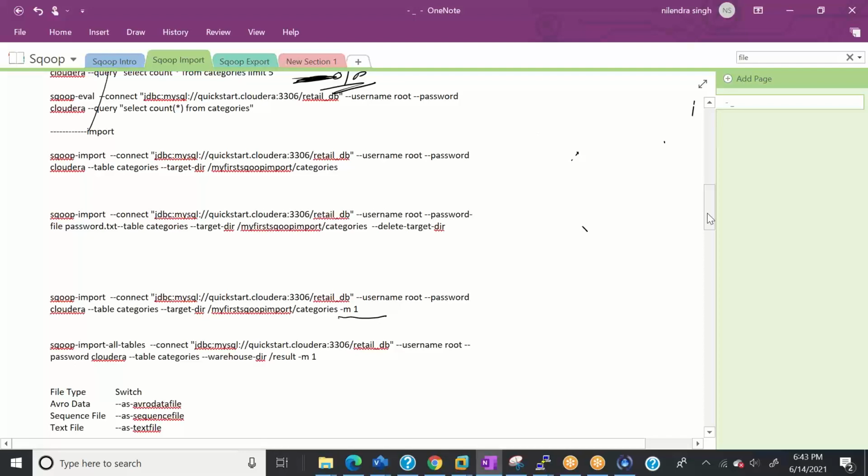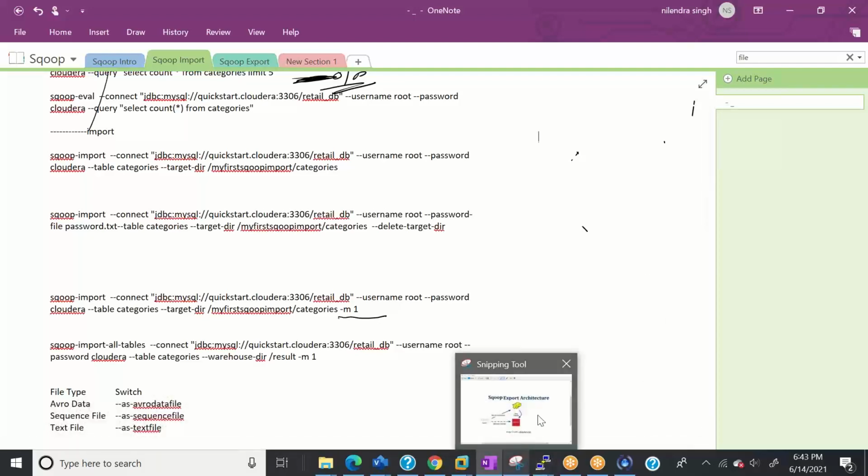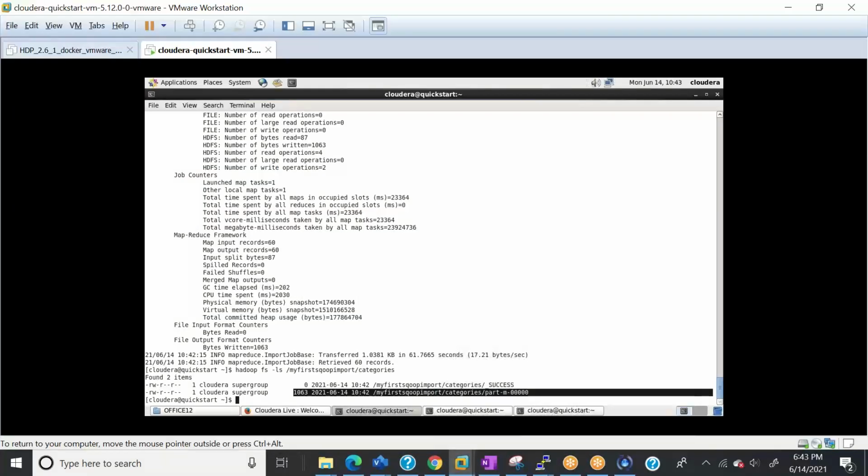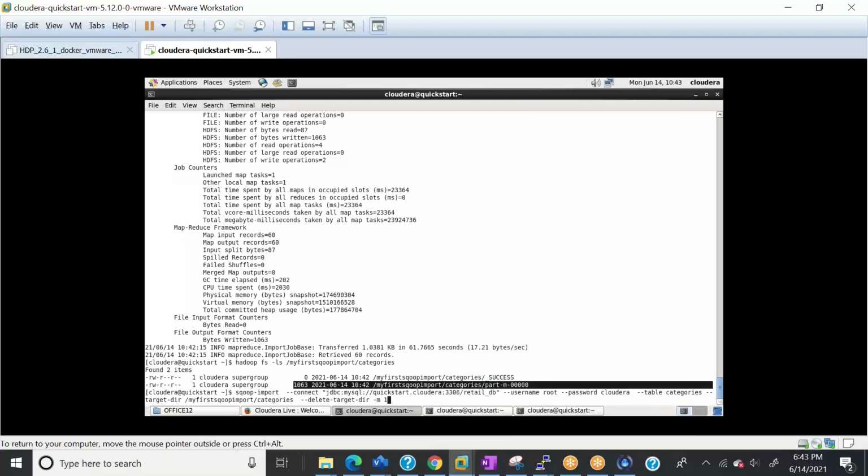One more thing, if you noticed here, in my Sqoop command I'm giving a target directory, and I'm hard coding the table name here. For example, let's say I'm importing the table categories, and then I'm giving the categories directory here.